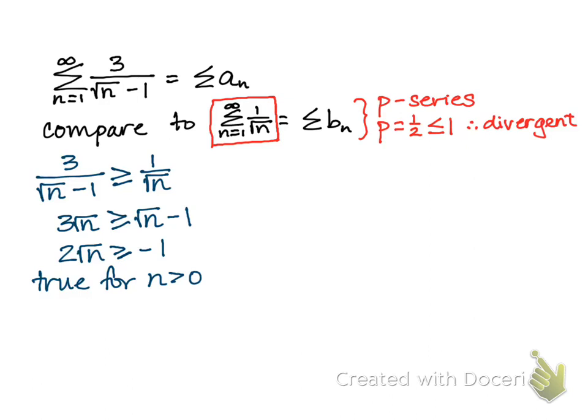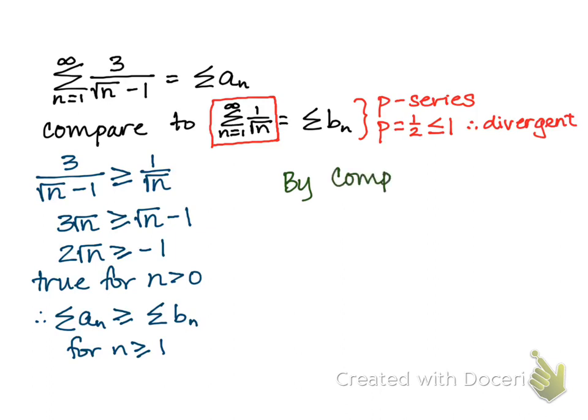So I now know that series a sub n must be greater than or equal to series b sub n for n greater than or equal to 1. So my conclusion then is, by comparison test,